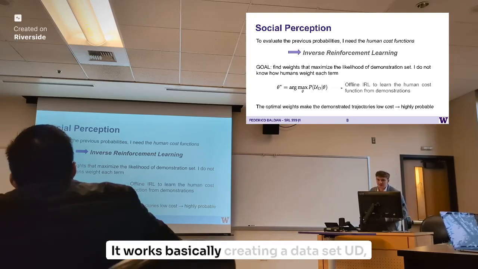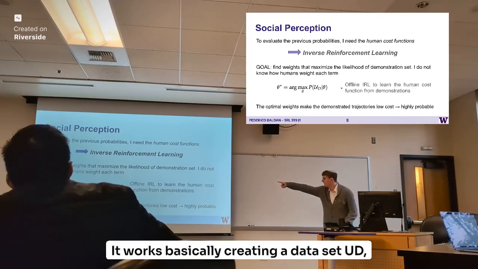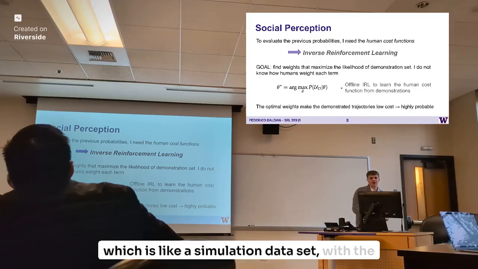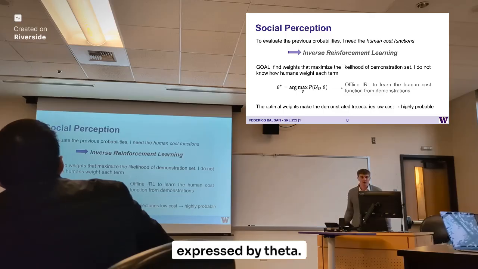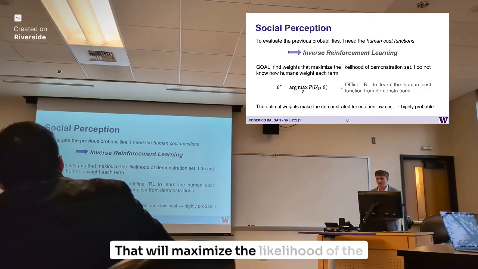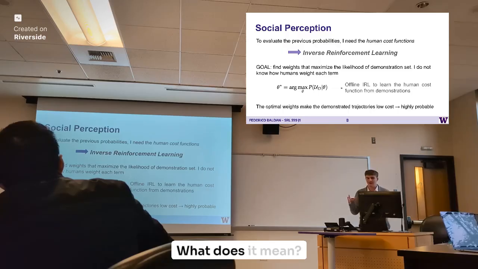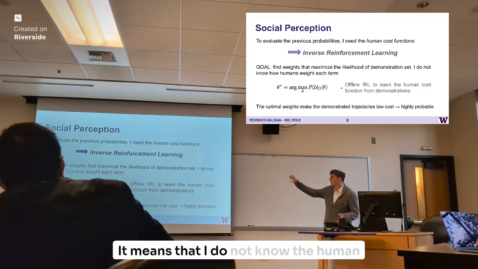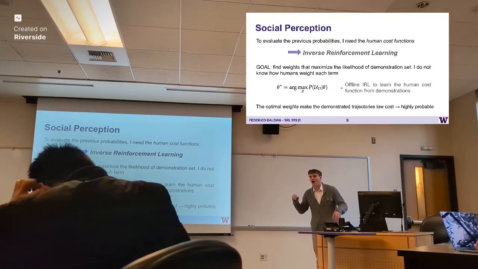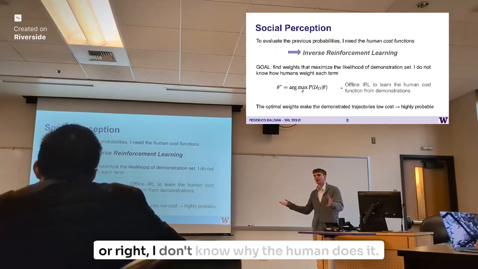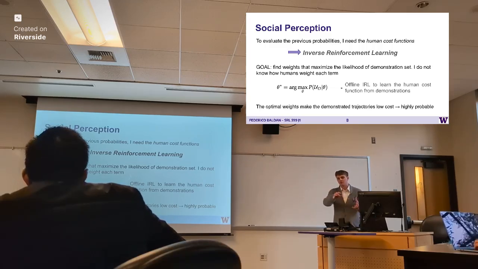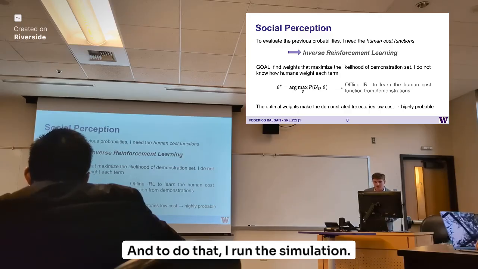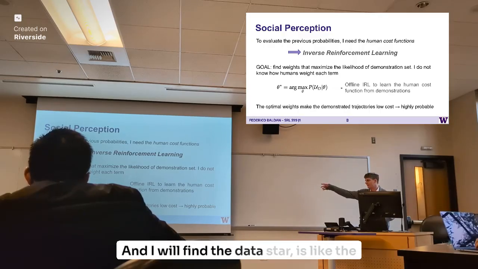It works basically by creating a data set, UD, which is like a simulation data set, with the goal of finding the weights, which are expressed by theta, that will maximize the likelihood of the demonstration set. What does it mean? It means that I do not know the human weights, so I do not know if the human turns left or right, or why the human does it. So I need to learn what a certain action of the human corresponds to. And to do that, I run the simulation, and I will find theta star, which is